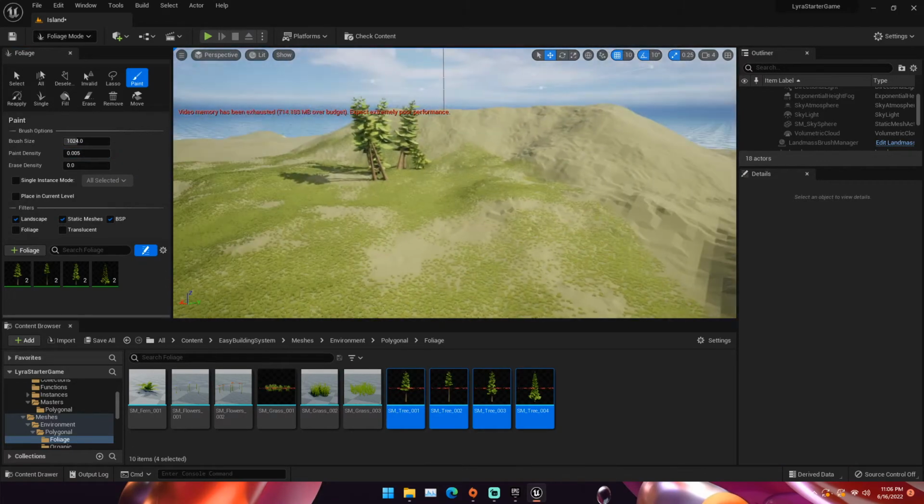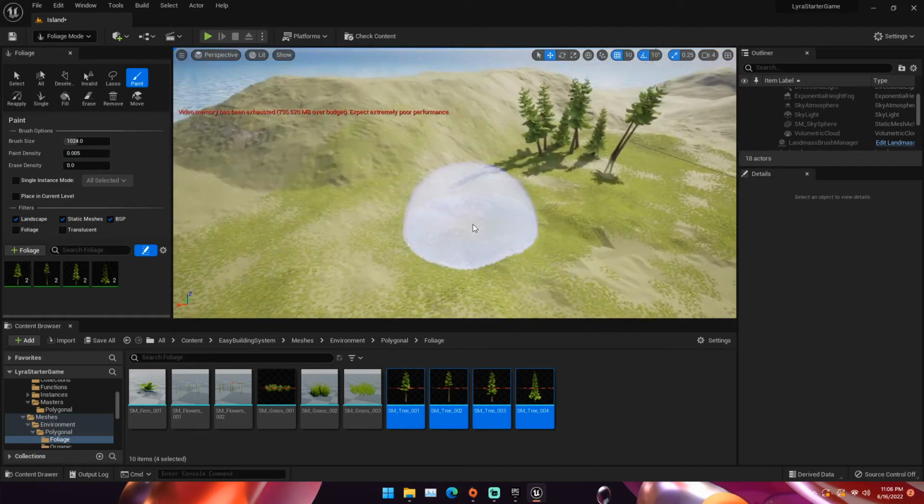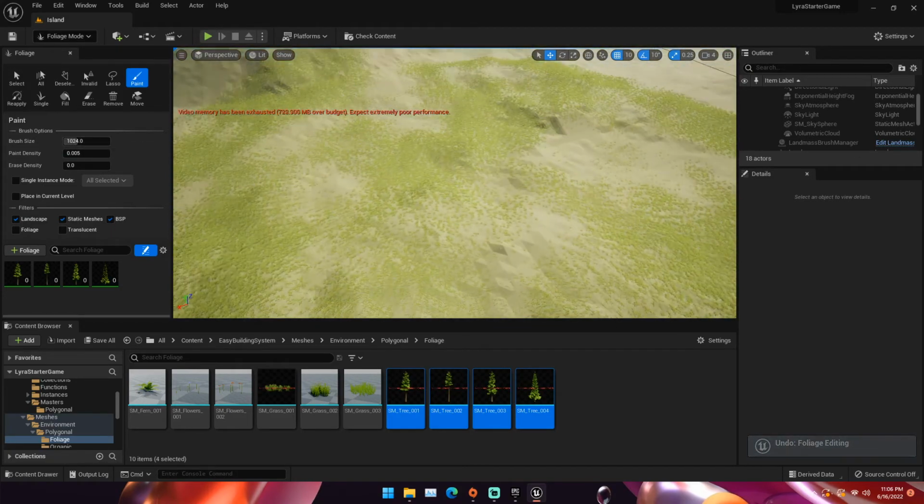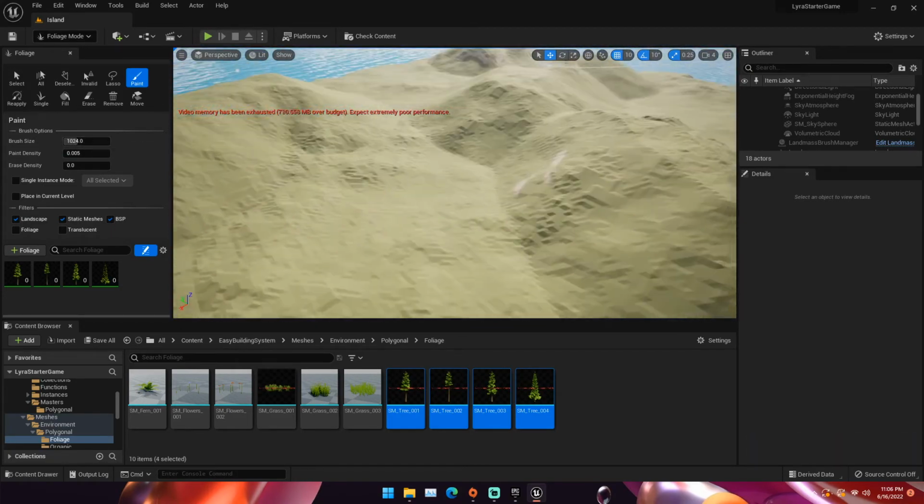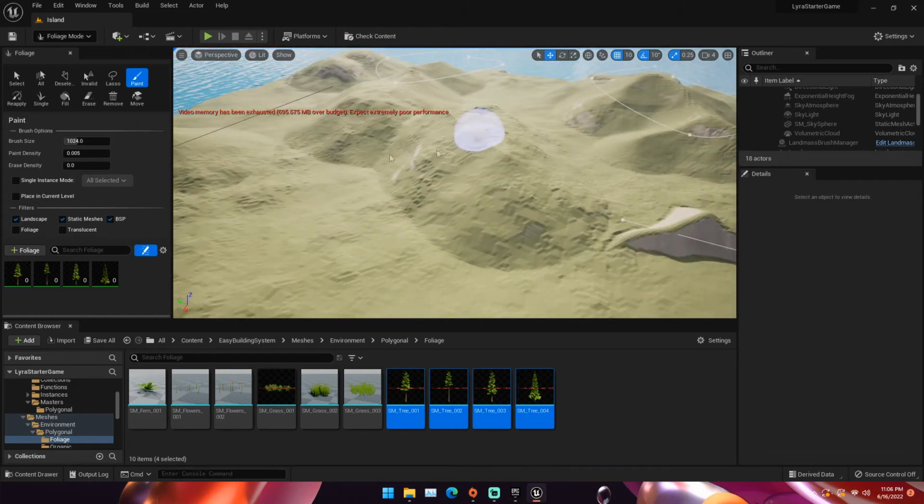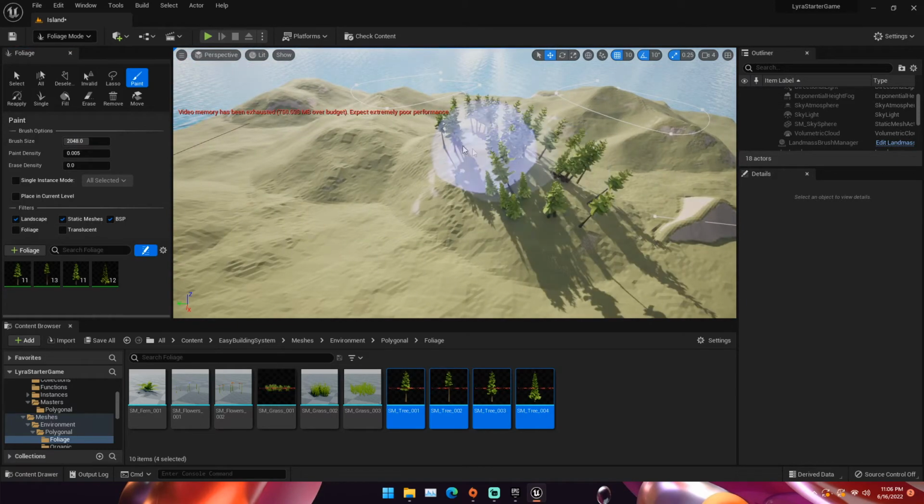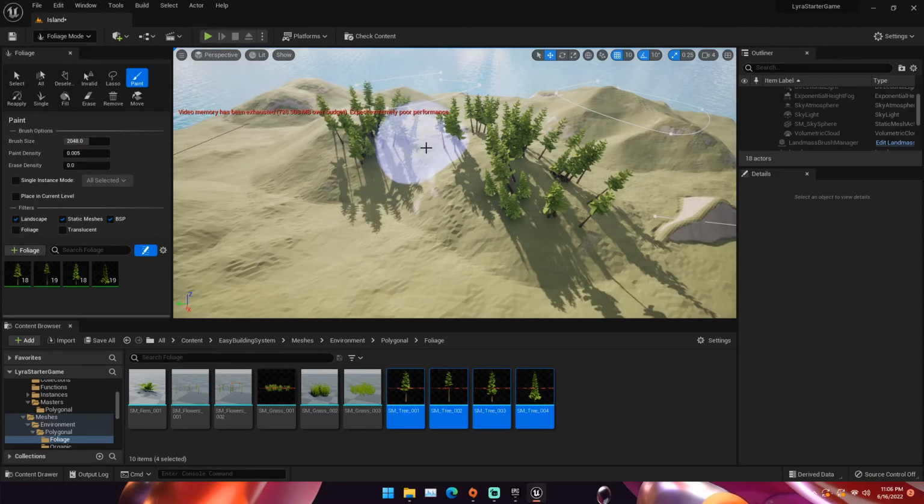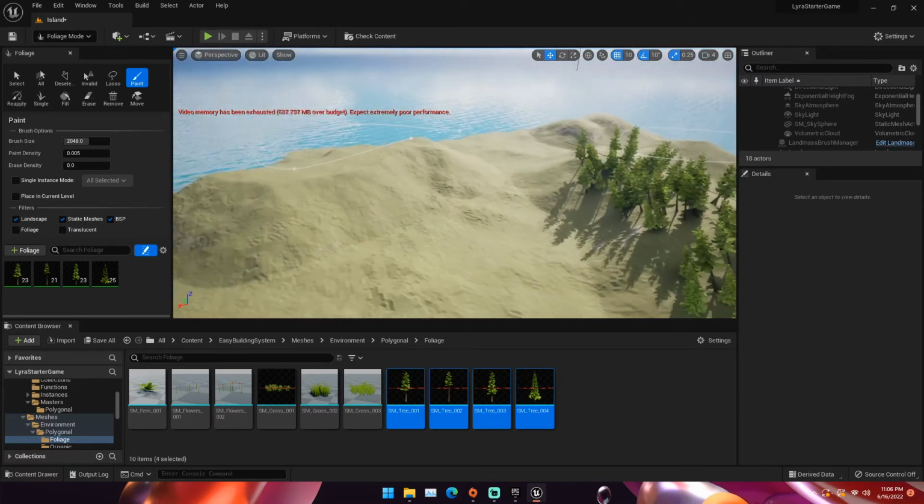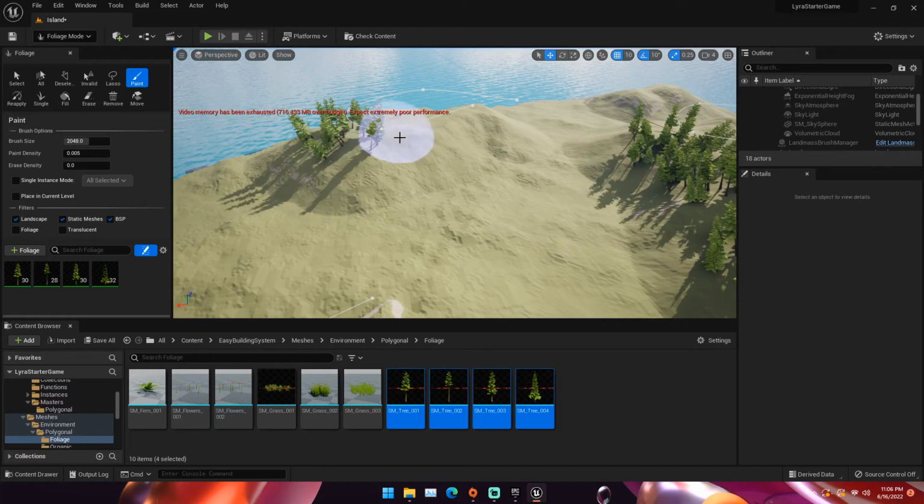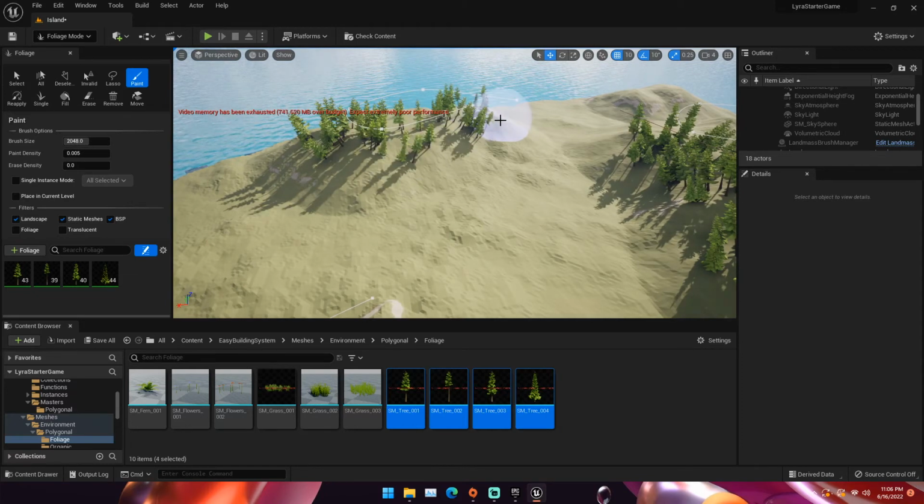0.005. Yeah, 0.005 is looking pretty good. And so what we can do now is we can just start placing our trees. I'm going to change my brush size to 2048. And I'm just going to start kind of placing trees in places. So I'm going to place some up through here on the hills, kind of like this, just at the top of these hills,